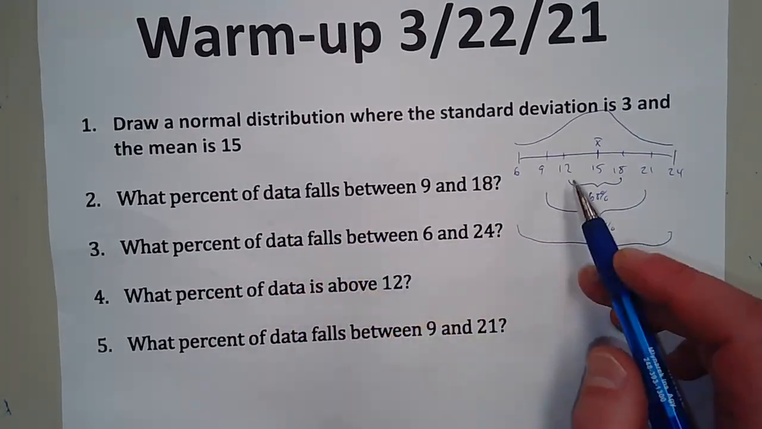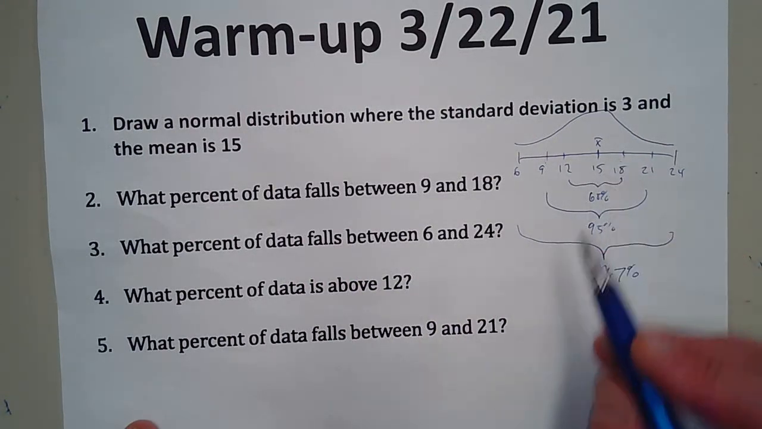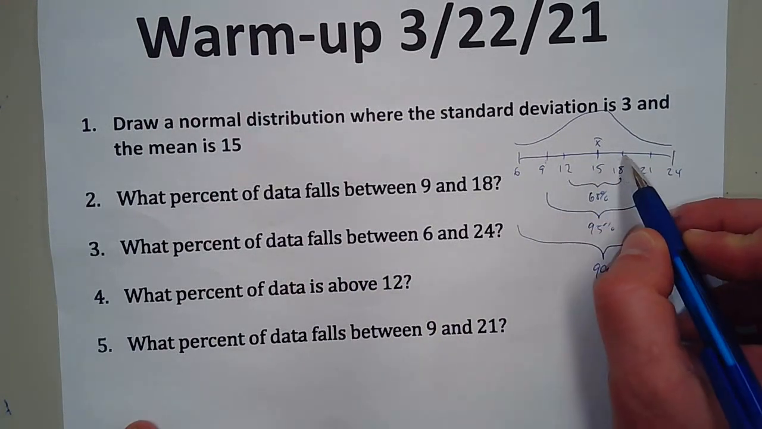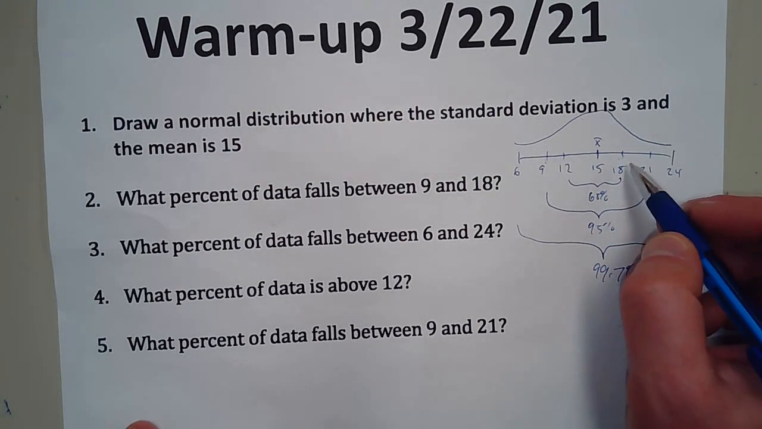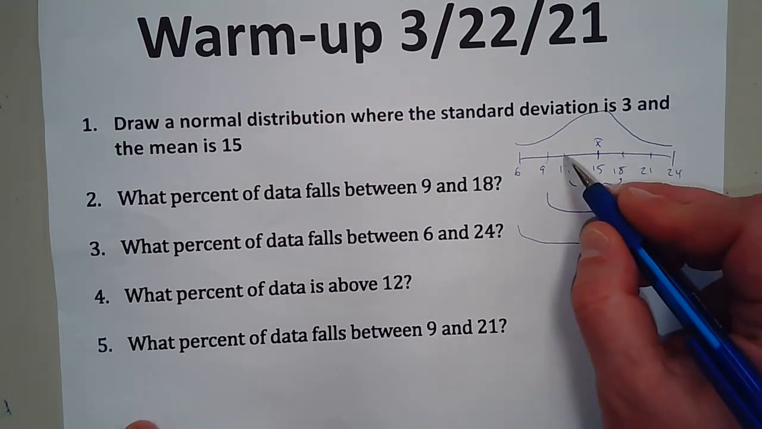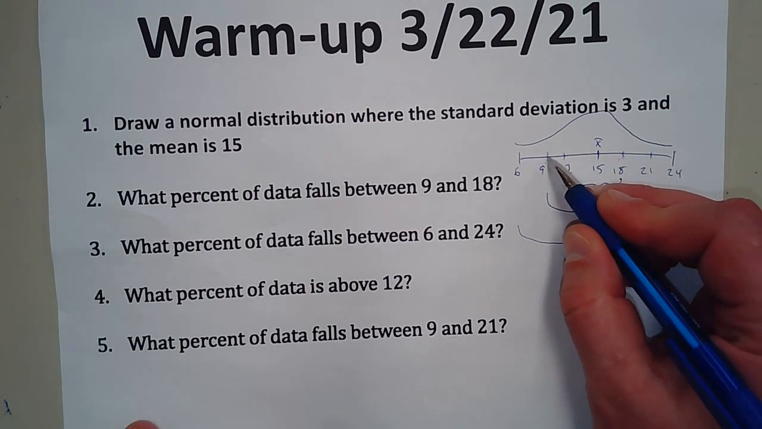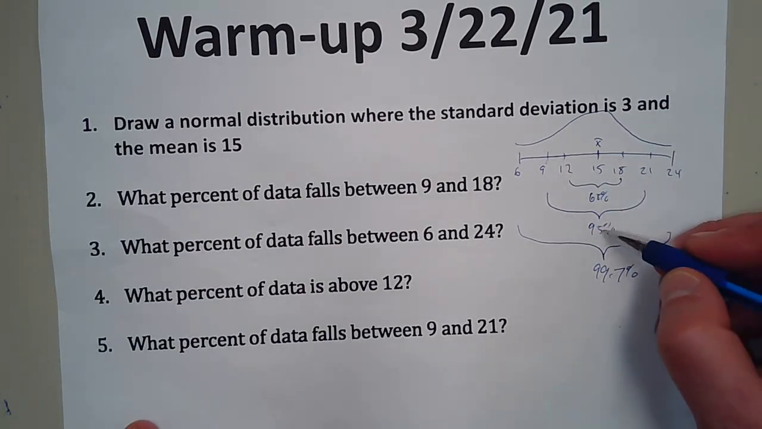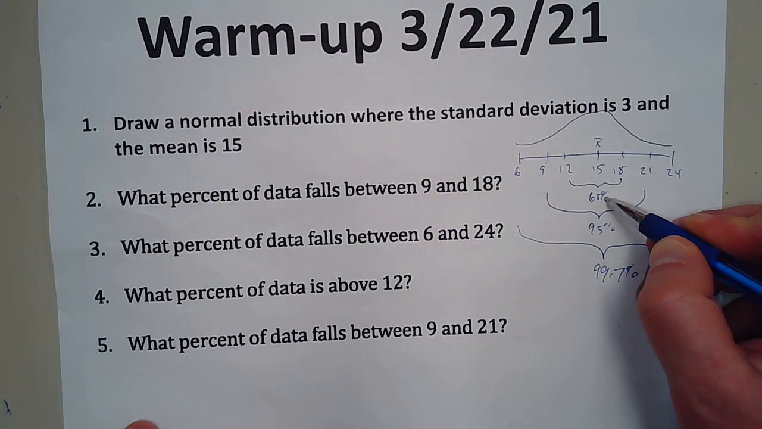So what percent of data is between 9 and 18? Okay, kind of a weird one here. So this is from 2 standard deviations to 1. There are a few ways you can do it. One way I would probably do it is I would say, okay, from here to here I know it's 68, and then I just need to add this amount, which is, if you take 95 and subtract 68,